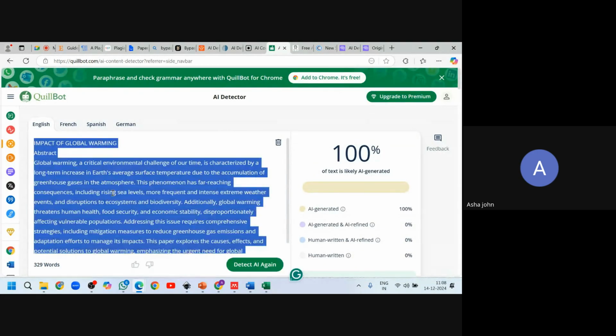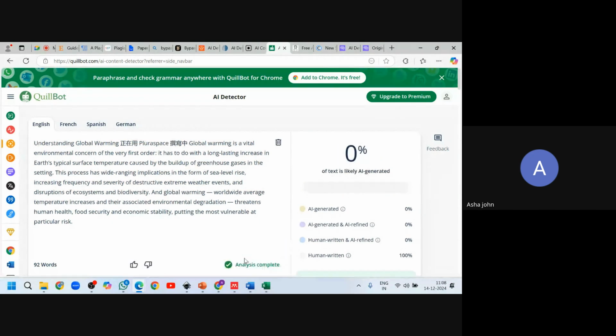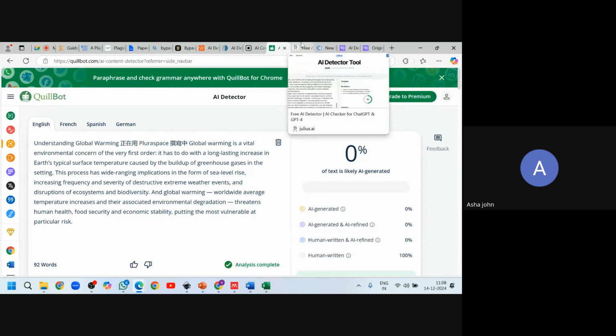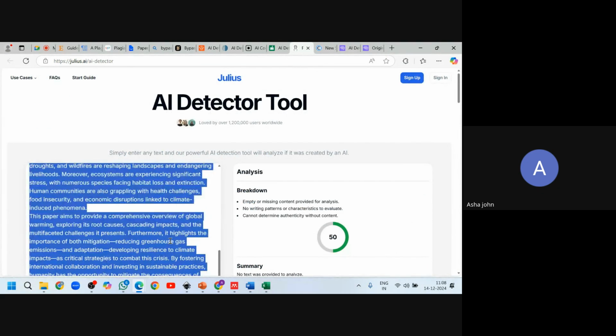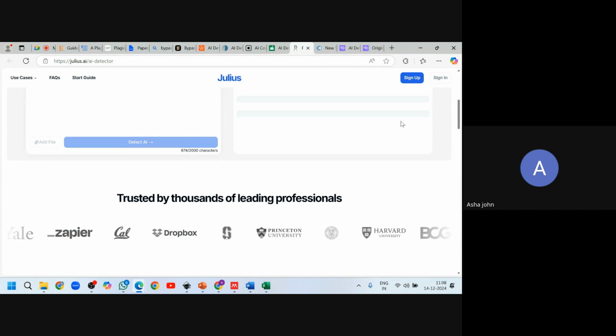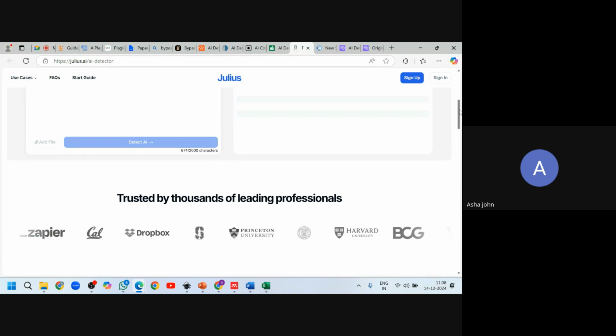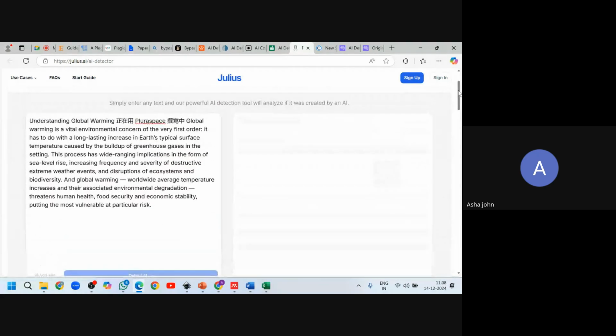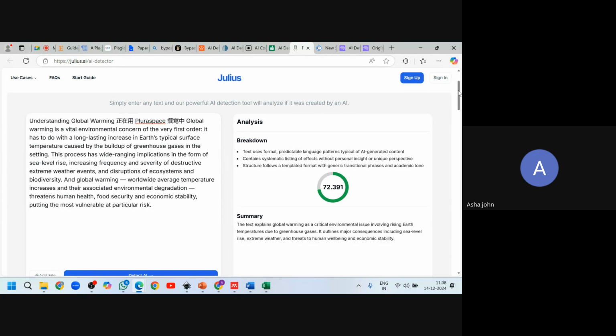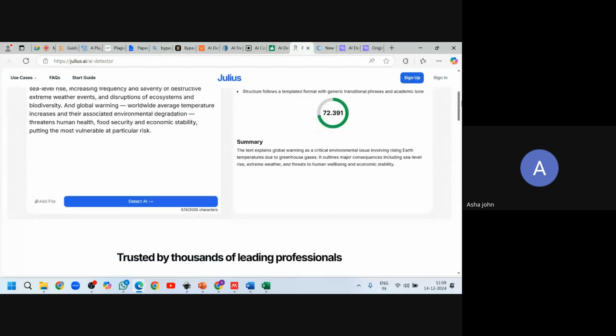Then we have QuillBot here, detect AI. It's 100% human generated and 0% all others. Then Julius. It's showing 72% AI detection. Okay, we will see.